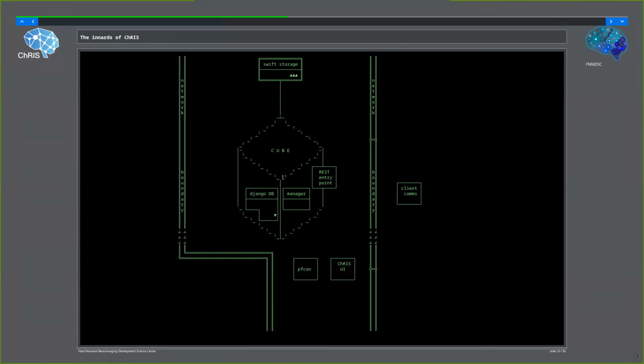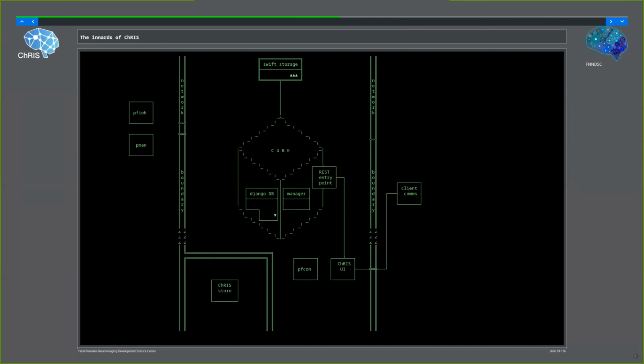Let's assume this part of CHRIS lives inside its own network, say at a hospital or at a university or even in an office or a corporation, whatever the case may be. But far away on the other side of the network lives other services that are part of the ecosystem. These handle IO and process management. And in fact, these ones over here will handle the processes as they might run on a cloud backend service.